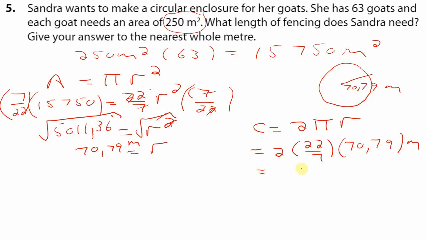So now we can use our calculator to simplify. So in fact we have 2 times 22 divided by 7 times 70,79, which will result in 444,9